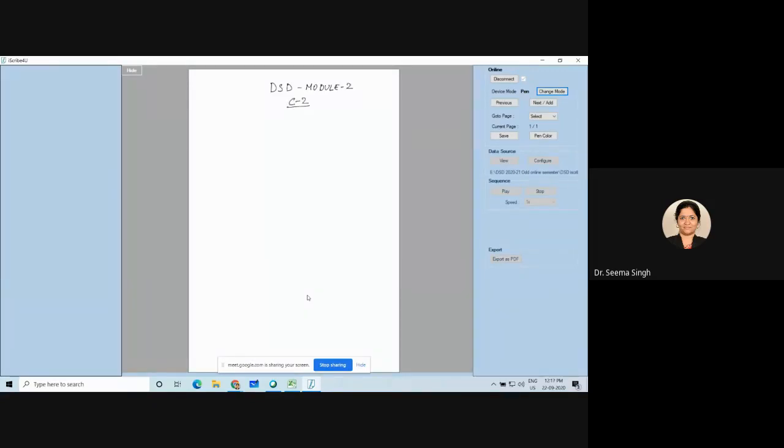Okay, what I had asked you to do is make a 2:4 decoder without bothering about the enable input as of now. As of now I am not asking you to bother about enable. We will do that later. Today I want you to show how to implement a function using a decoder. Once you are aware of that, then we will go into the specific ICs where we have to bother about the enable pin and other things.